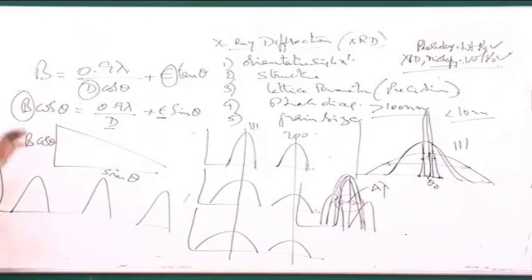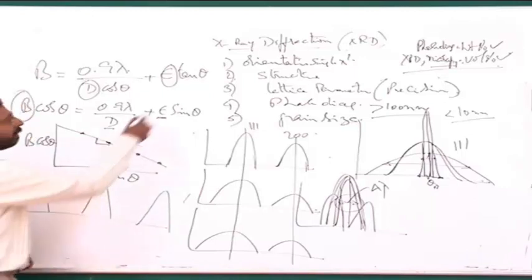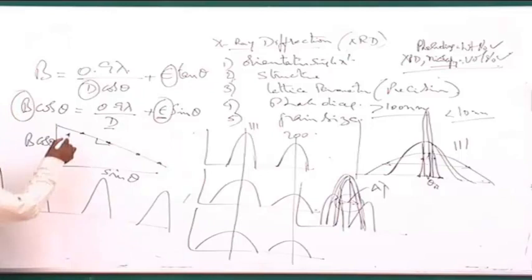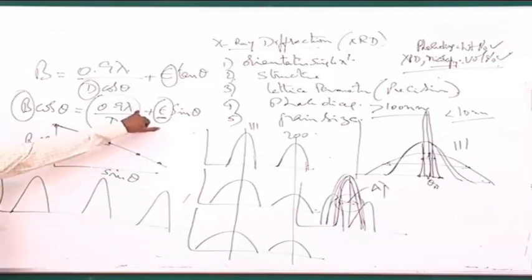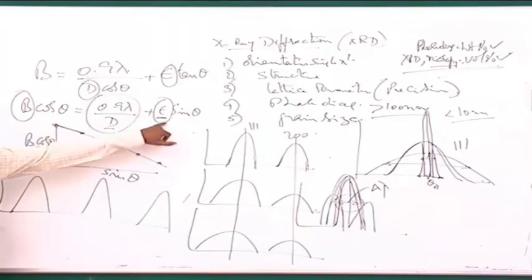Okay. And once I get a plot like this, for example, if there are 4 peaks, I get 4 points. For each peak, there is a broadening b, and for each peak there is a theta. So for each peak, I find out beta cos theta, I find out the sin theta, and plot all of them. And now do a least square fitting of that. The slope that I get here is nothing but the epsilon, and the intercept that I get here is nothing but this. So from the intercept, I can find out what is the d, knowing the lambda, and from the slope, I can find out the strain.